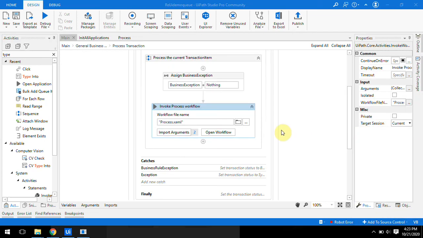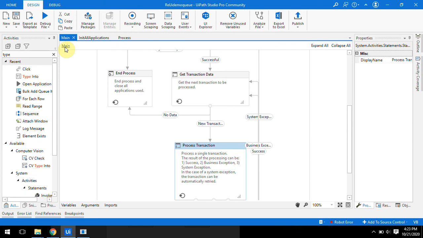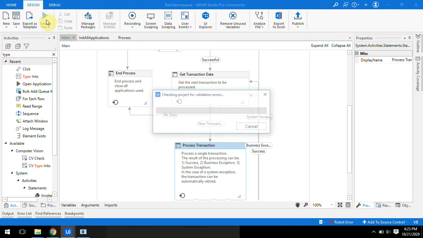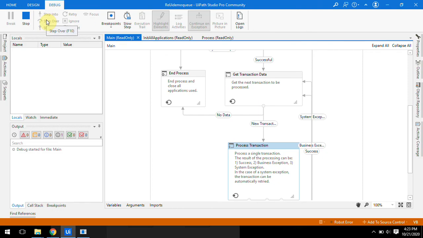Now we have done our configuration for all states. Just close all the applications and click on run. After clicking on this execution or debug, your process will be completed. First all the running applications will be closed and it will start execution.